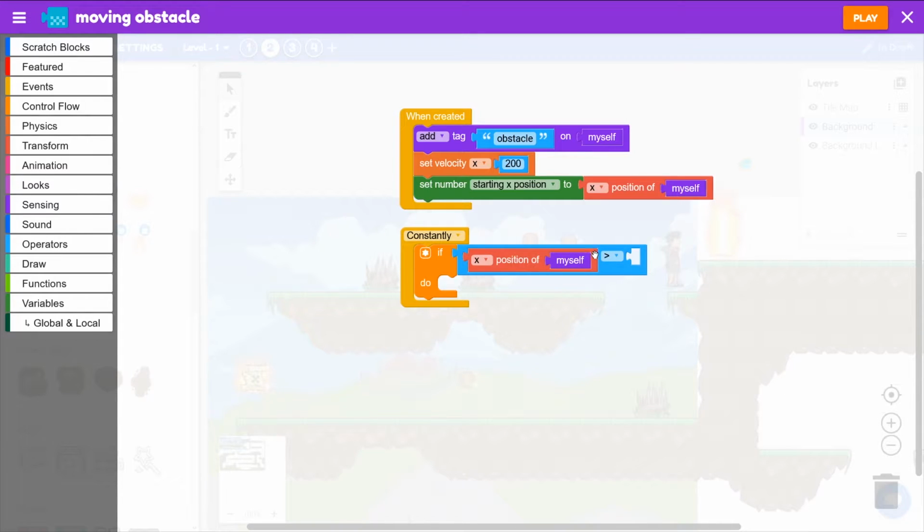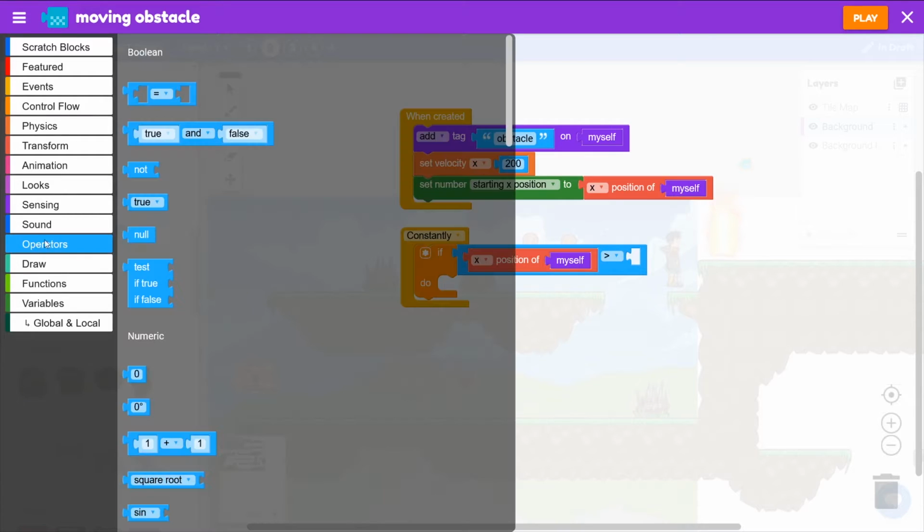If x position of myself is greater than, and in here this number that we'll put in this blank spot will be the right hand limit, which will be where we started plus a number. So let's say we started at 200 and we only want to go for 200 more pixels. We want to know if we've gone past 400, because 200 plus 200 is 400. So let's grab a plus block from operators,